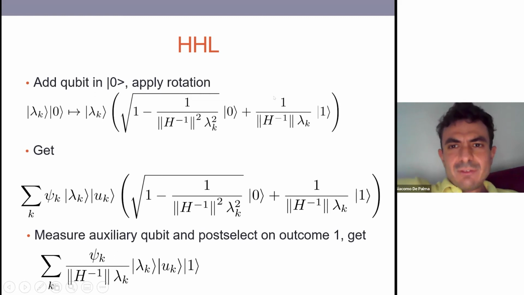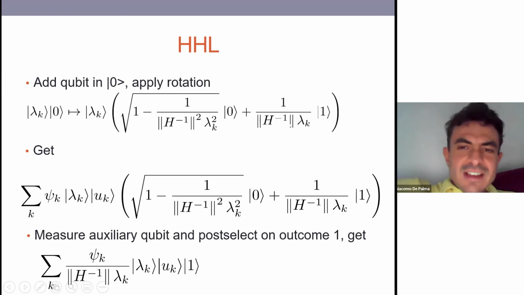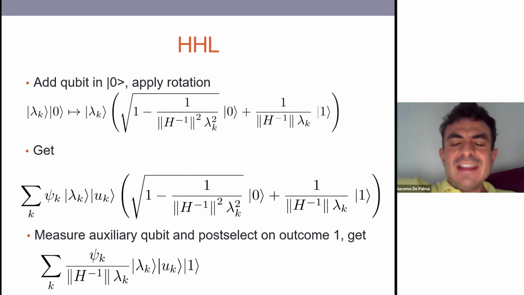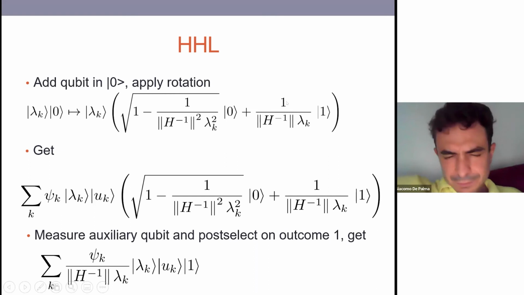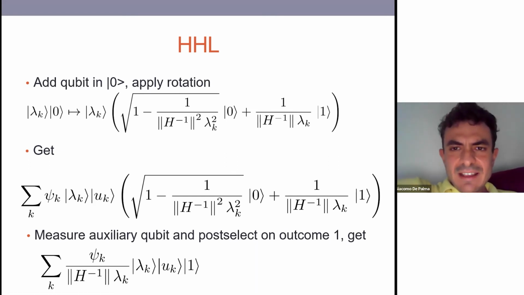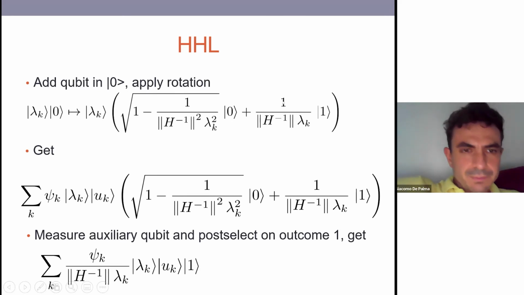And then we have to divide here by the operator norm of H inverse, which is the largest in absolute value, the largest eigenvalue of H inverse, which means here multiplying this by the magnitude of the smallest eigenvalue of H. Okay, then